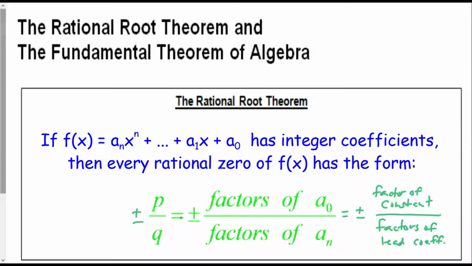Okay, so basically what this is doing is this generates a list, and it says that if a polynomial exists with integer coefficients, then all of its rational zeros, okay, keep in mind rational means anything that can be written as a fraction, which includes all whole numbers, will always be of the form plus or minus p over q. All right, now sometimes that's going to give you just a couple, other times that's going to give you a ton, okay? But before we move any further, I need to go through and do a little miniature review